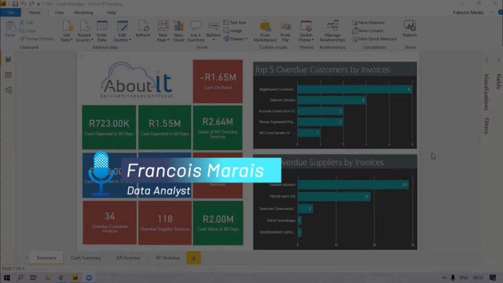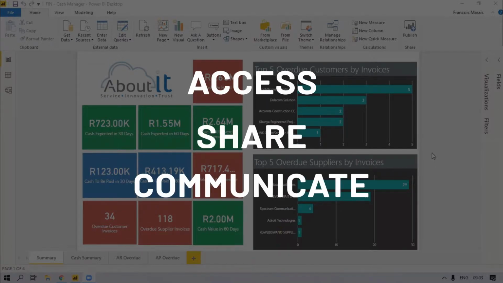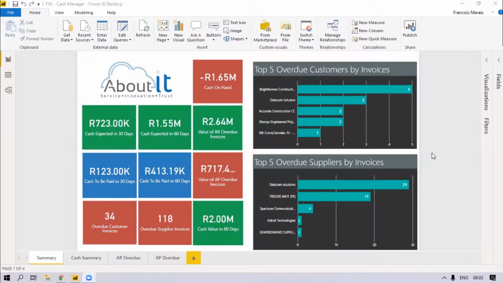For today's webinar, we will be focusing on data collaboration, and we will look at how to access, share and communicate with each other with the data that we see on the reports. For today's purposes, I've already created this report here. I call this the financial cash manager. The purpose of this report is to give you an overview of what is happening with your cash flow